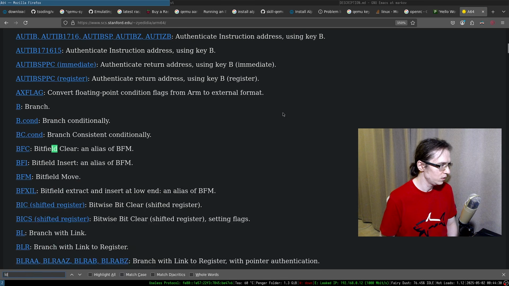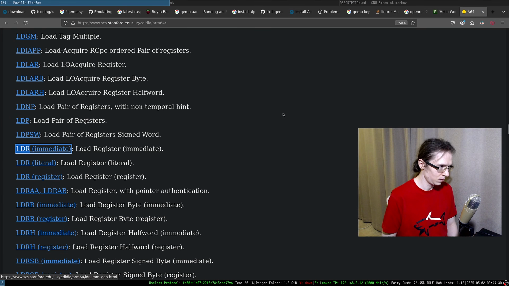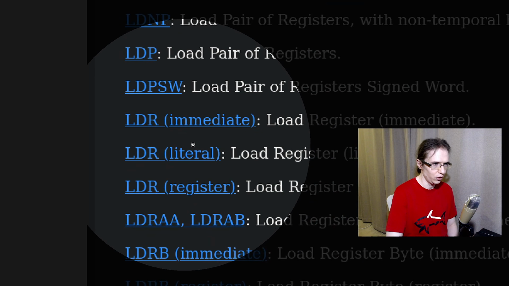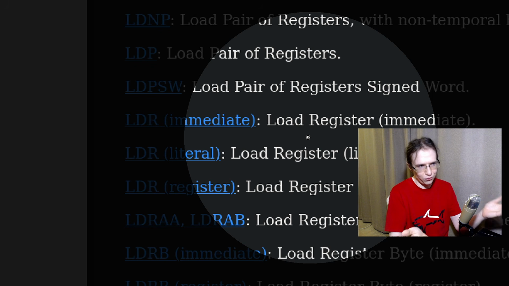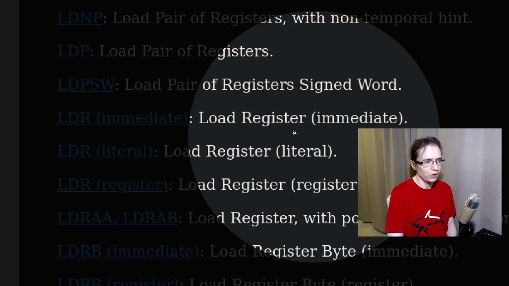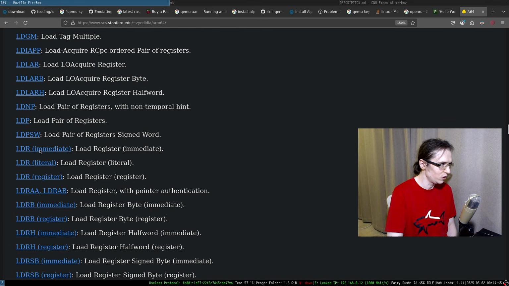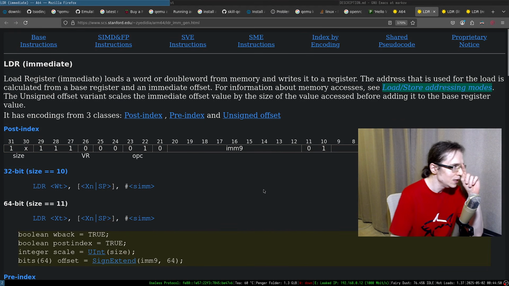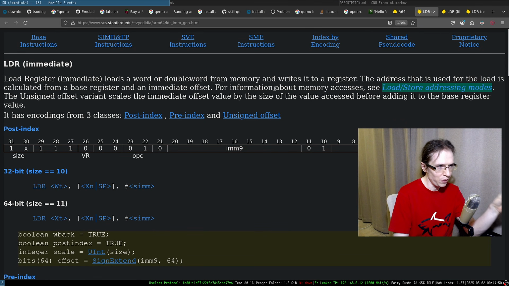So LDR, immediate. There's 3 flavors of LDR. It stands for load register, but you can load immediate value, you can load literal, or you can load register. So there's 3 variants of this thing. Okay, that's pretty interesting. A load register immediate loads a word or double word from memory and writes it to a register.